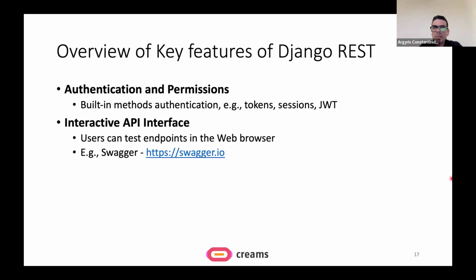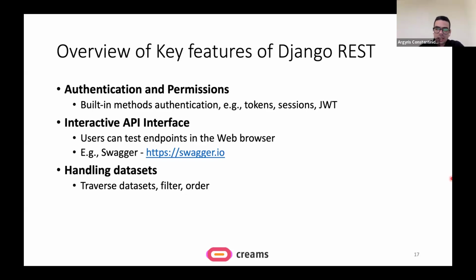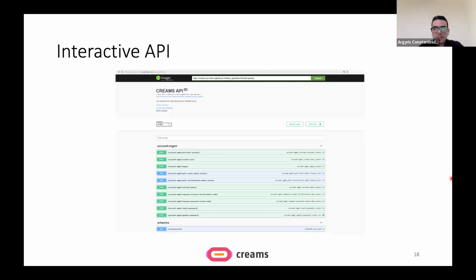This brings all the APIs to the browser, and we can directly interact with the server from the browser. And in general, it offers a lot of handy functionalities for dealing with datasets like filtering, ordering, or traversing datasets, and so on. So here is a screenshot of the interactive API that we will see in a while. And from here, from within the browser, we can interact with an API.